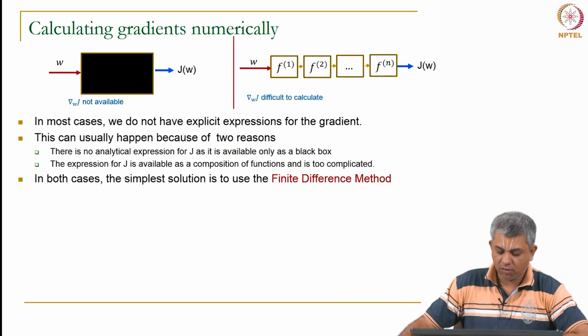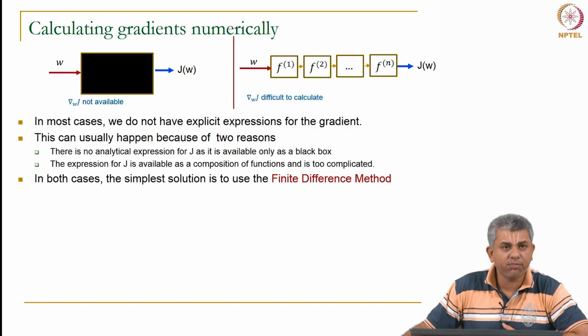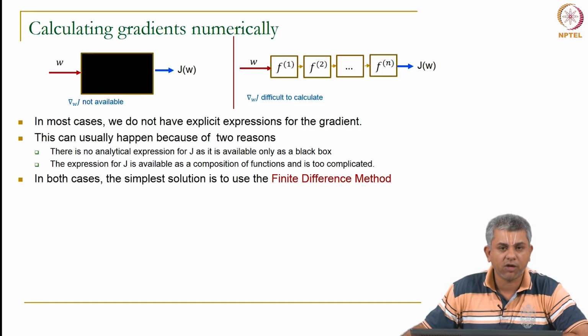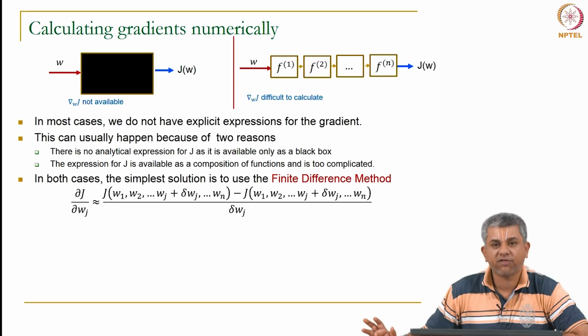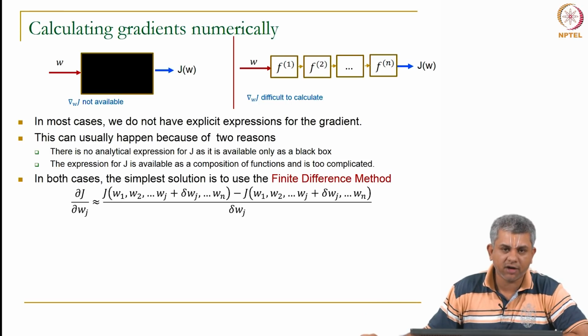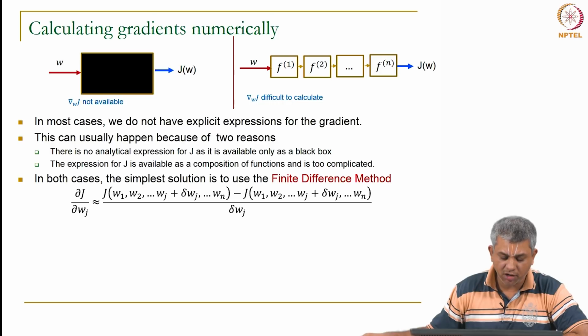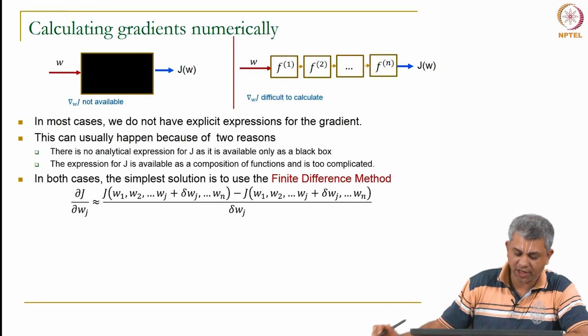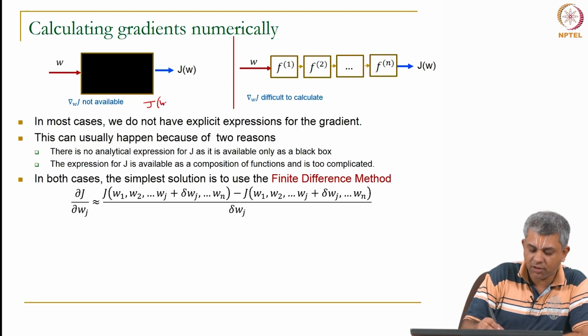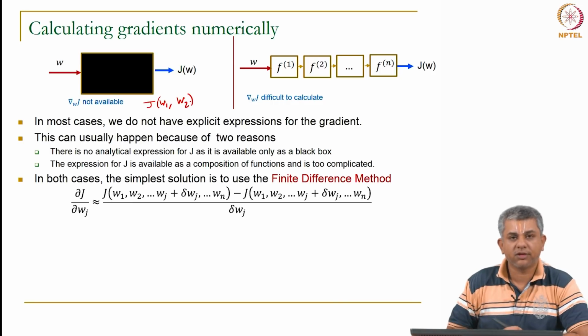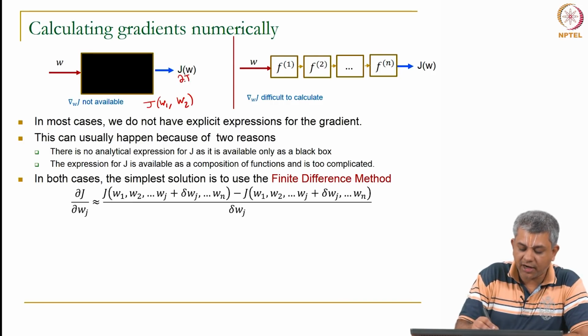In both cases, a very simple solution that you can use is something called the finite difference method. What is a finite difference method? It is simply our definition of derivative written down a little more explicitly. Suppose you have J as a function of W1 and W2, and you want del J del W1, you would say del J del W1 is J of W1 plus delta W1, W2, minus J of W1 W2, divided by